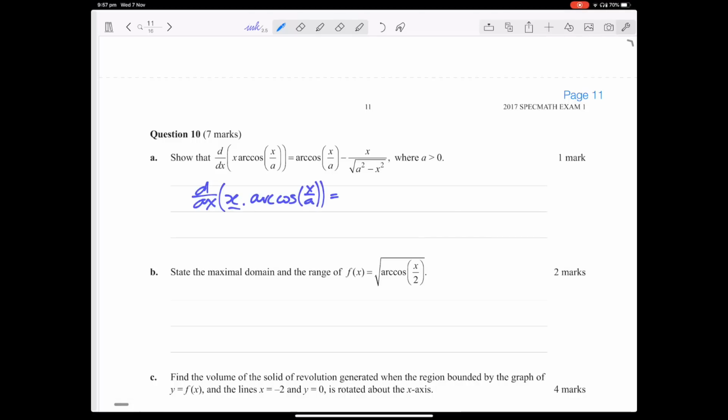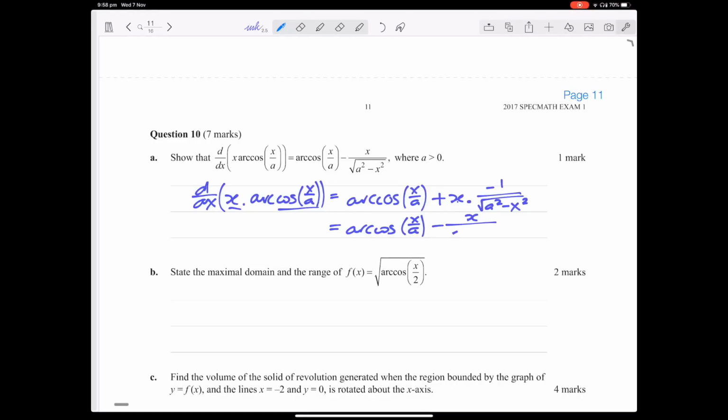So if we derive that and leave that alone, we get arc cos of x on a. If we derive that and leave that alone, we're going to get plus minus x times minus 1 on square root a squared minus x squared, which is, of course, arc cos x on a minus